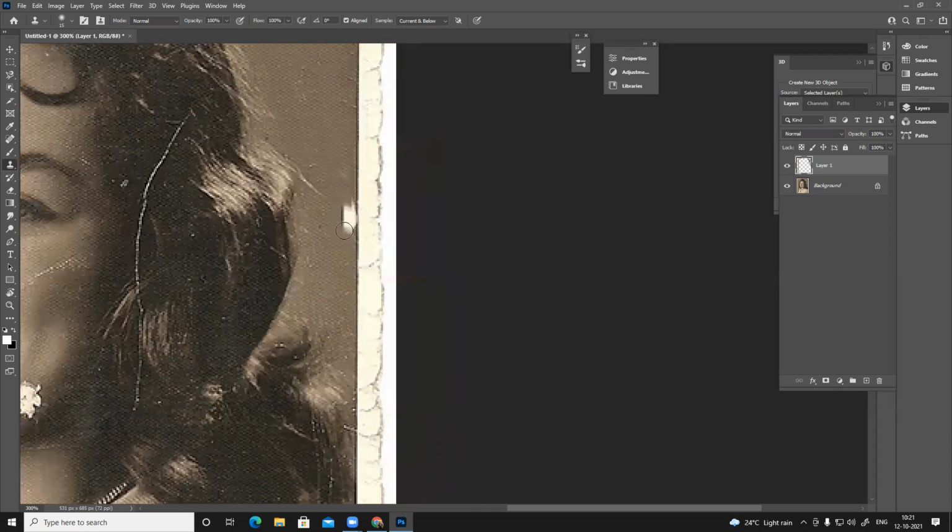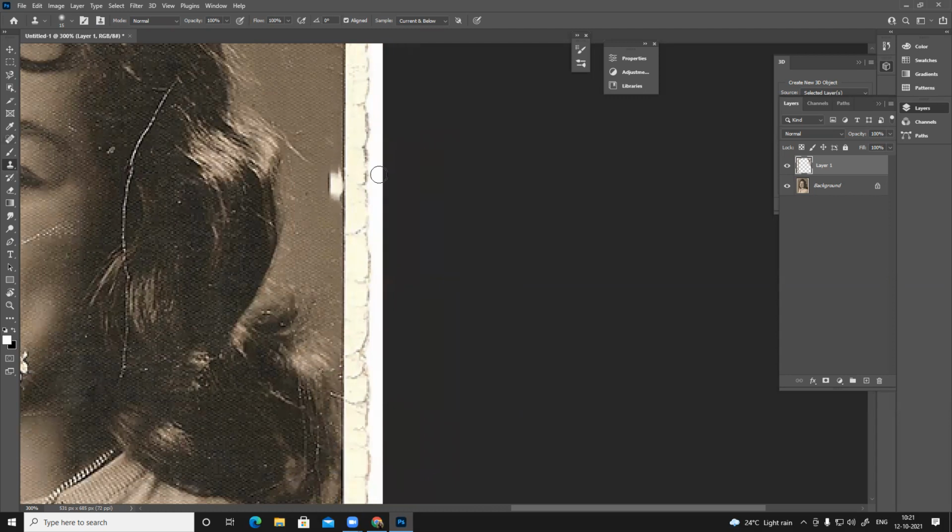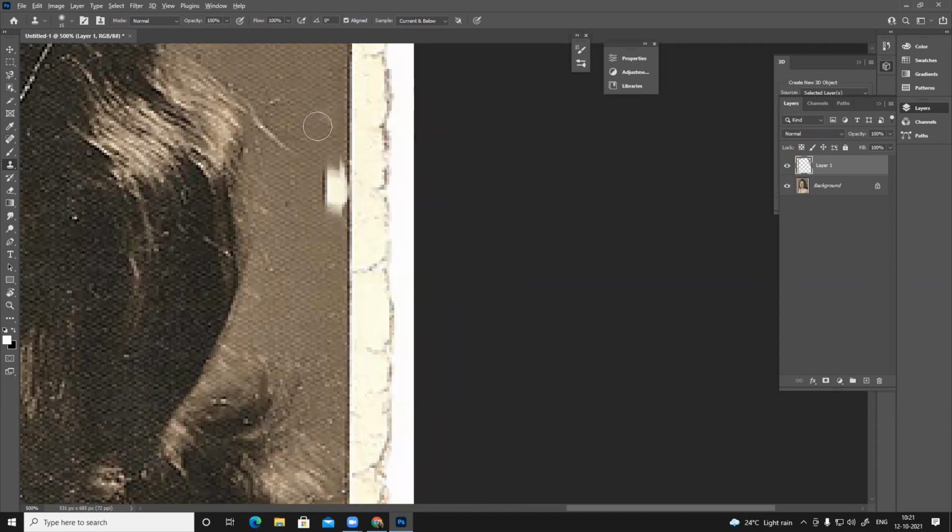Suppose this area, I don't want it automated. I want to control this thing. So I'll hold Alt. The moment you hold Alt, you can see the cursor change. So you can define an area from where you want to copy. It can be anywhere, like maybe click here, and now you can see the preview change. Simply paint. You can see there's a plus sign that is basically cloning from there.